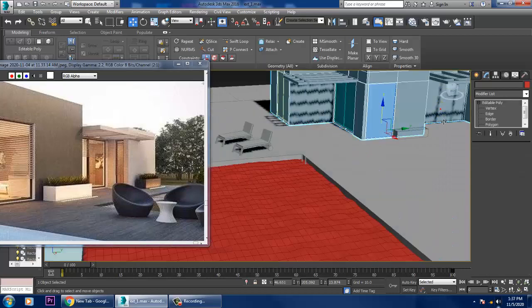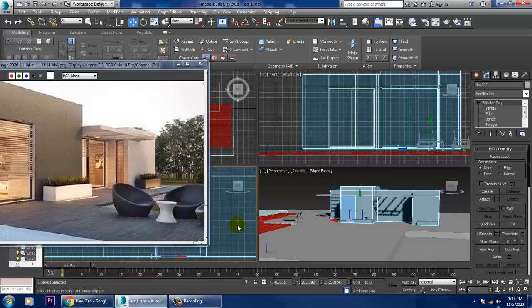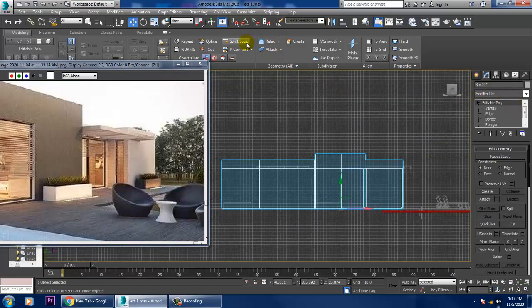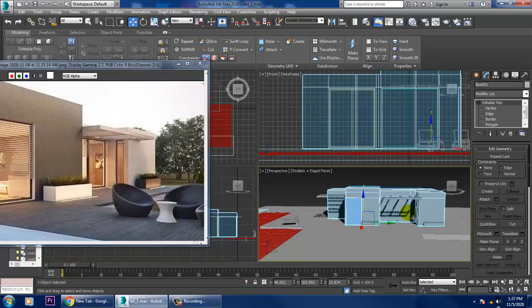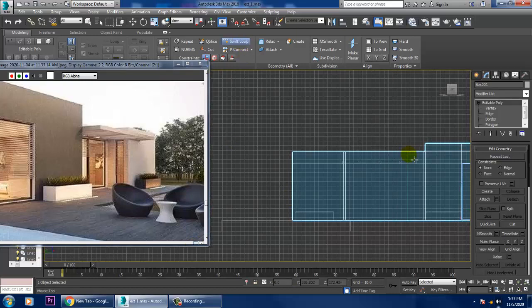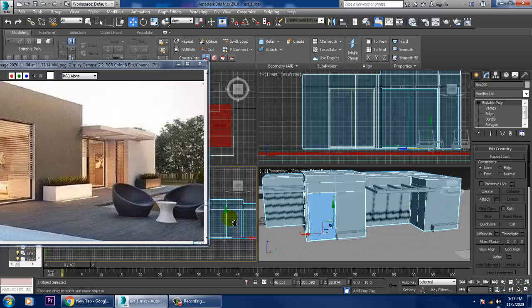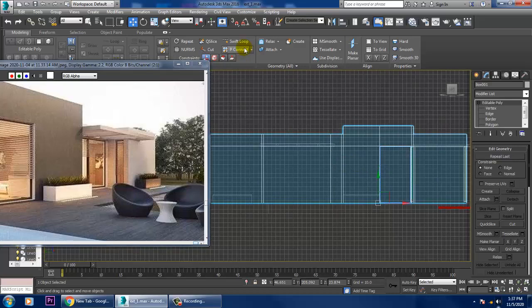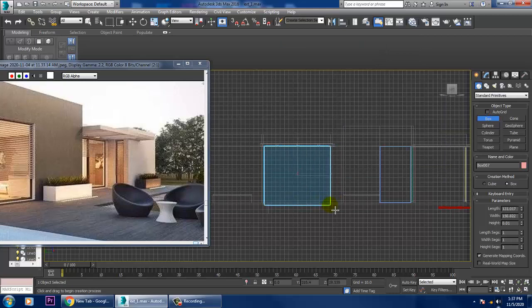Before that, we'll be creating again a glass over here. So let's go into this view over here. Let's again take a swift loop. So again take a box over here. So let's just take a box again till here.